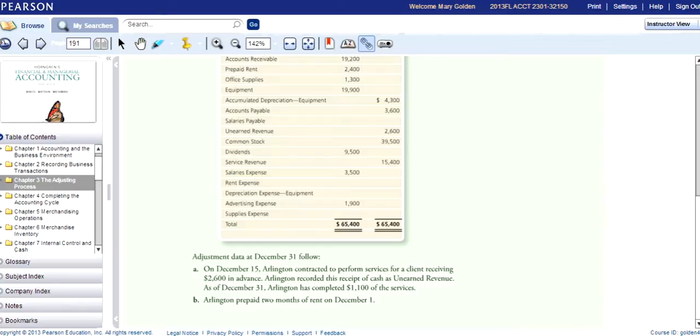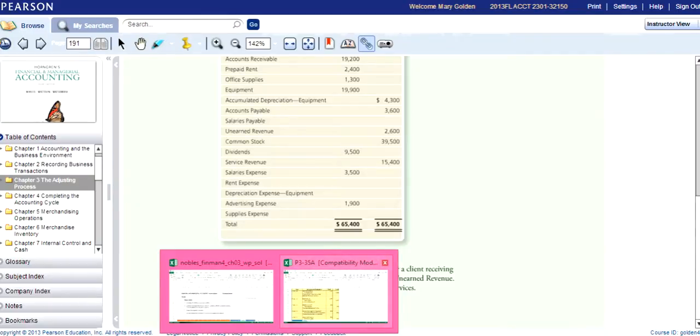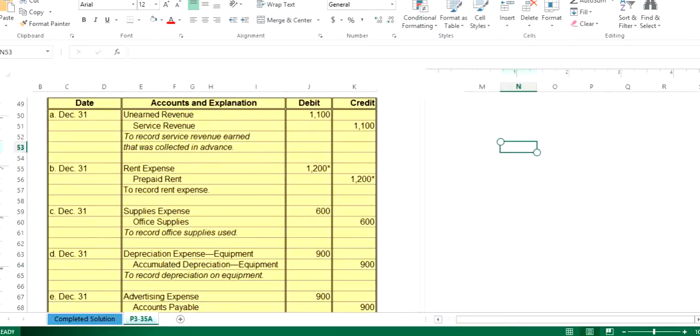But on December 31st, Arlington has completed $1,100 of the services. So what we will need to do is move $1,100 from the unearned revenue account into the service revenue account. So we're going to do that by debiting unearned revenue for $1,100 and then crediting service revenue